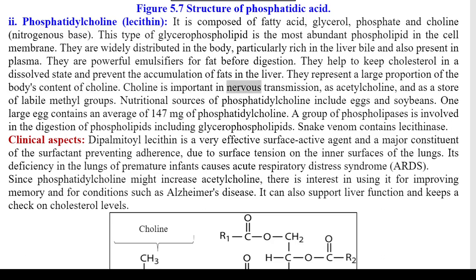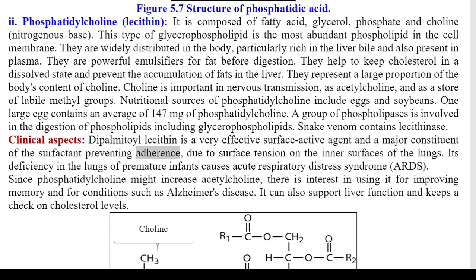Choline is important in nervous transmission, as acetylcholine, and as a store of labile methyl groups. Nutritional sources of phosphatidylcholine include eggs and soybeans. One large egg contains an average of 147 mg of phosphatidylcholine. A group of phospholipases is involved in the digestion of phospholipids including glycerophospholipids. Snake venom contains lecithinase. Clinical aspects: dipalmitoyl lecithin is a very effective surface active agent and a major constituent of